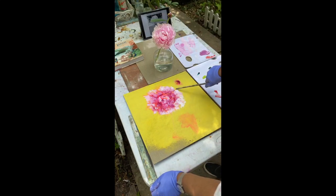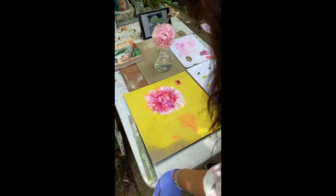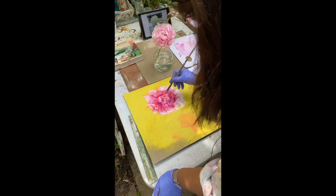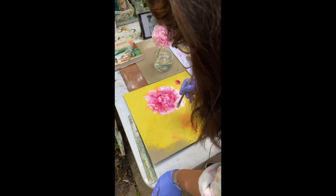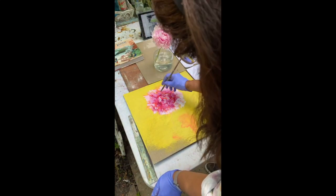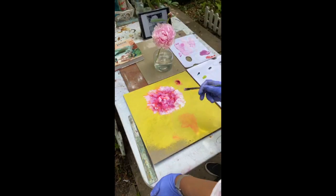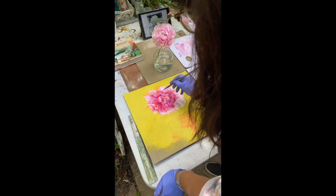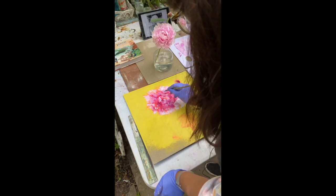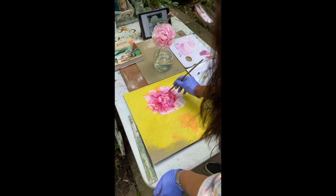That edge there is quite useful, so I don't actually want to spoil that. Let's bring something sharp here. So by adding that light, you can just bring your finger around to blend it a little if you need to. Just finding the edge of that petal, just coming in to blend it a little. So you can see how I'm going to build that up